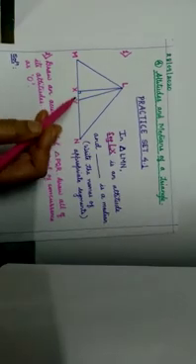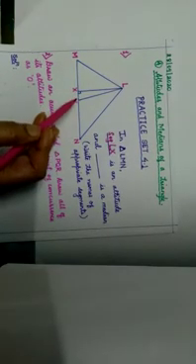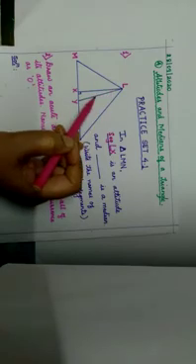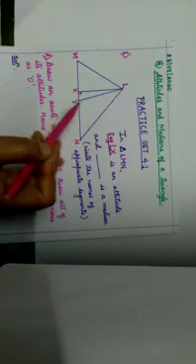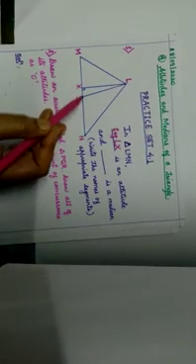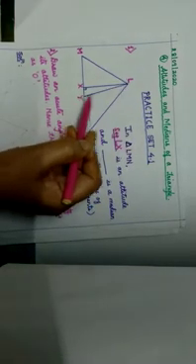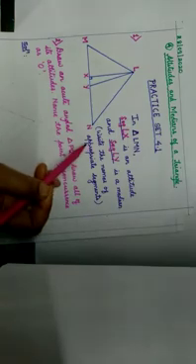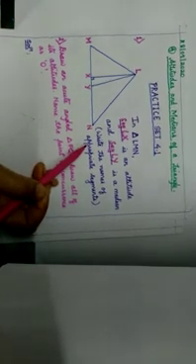And what is a median now? What is the definition of median? The segment joining the vertex and the midpoint of its opposite side of a triangle. When we take L as a vertex, MN is the opposite side, and Y is the midpoint. If we join L to Y, this segment LY is called a median. So here we will write segment LY. Segment LX is an altitude and segment LY is a median. So the first question of practice set 4.1 is over.